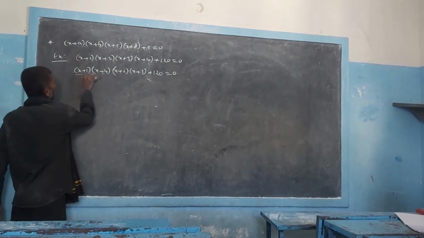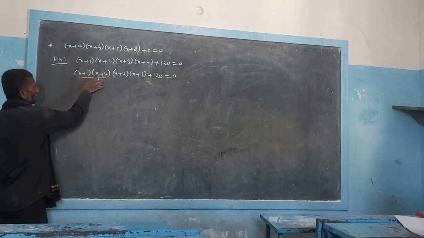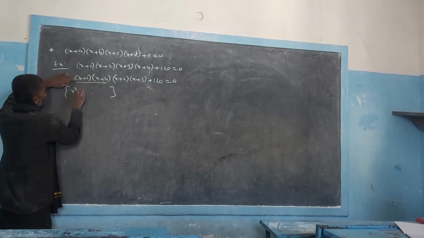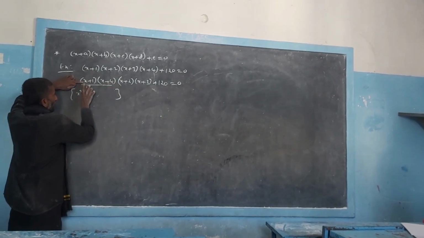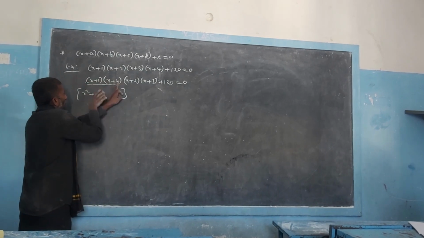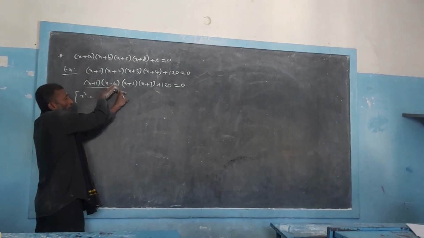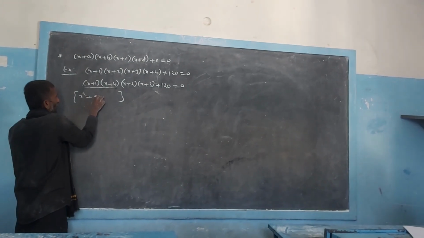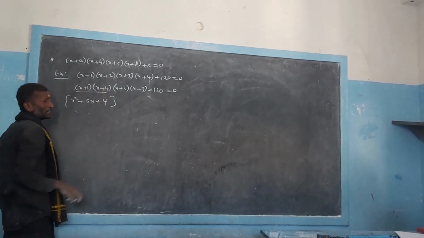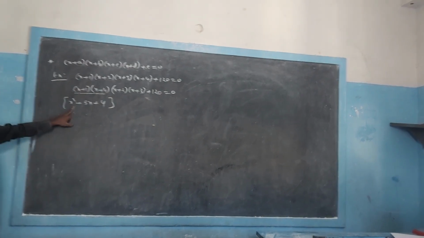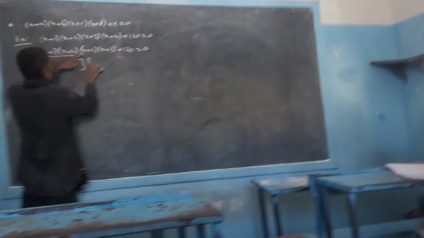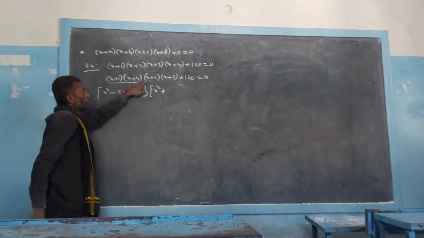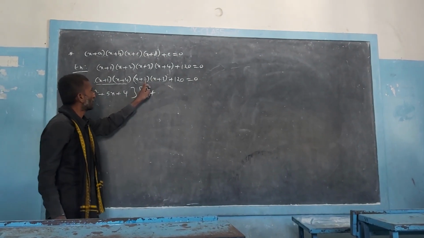So what I am doing now, after arranging them, is multiplying the first two factors. How I am multiplying, look here, all of you. x into x, x square. With x, I need to multiply both of them. x into x, x square. x into 4, it is 4x. Remember 4x. And with 1 also multiply: 4x, and 1 into x is 1x. So it will become 5x. And 1 into 4 is 4. I wrote the terms of this expression directly here, the multiplication of both these linear factors. Similarly, on this side we can write the multiplication of both: x into x is x square, plus x into 3 is 3x, and here 2x.